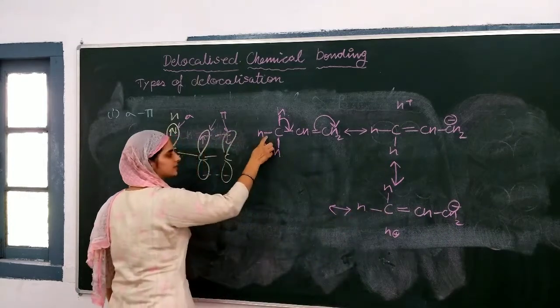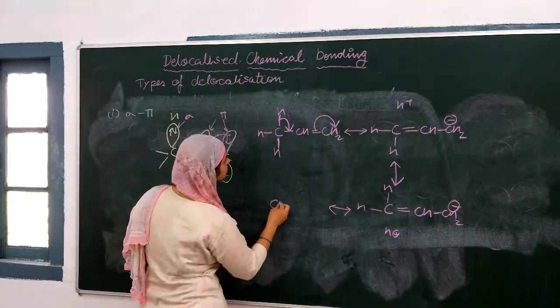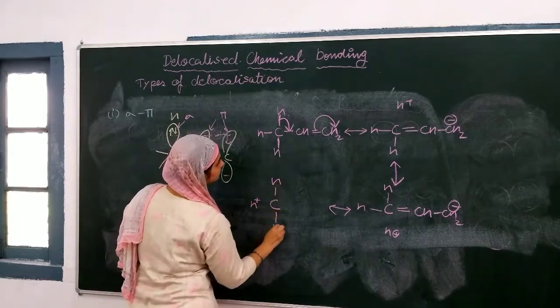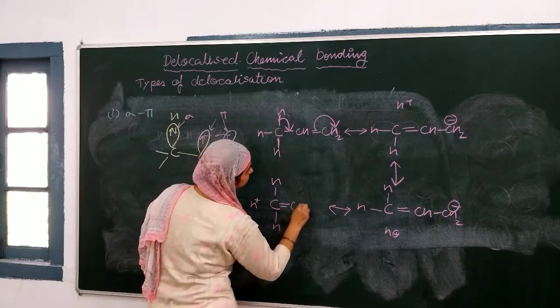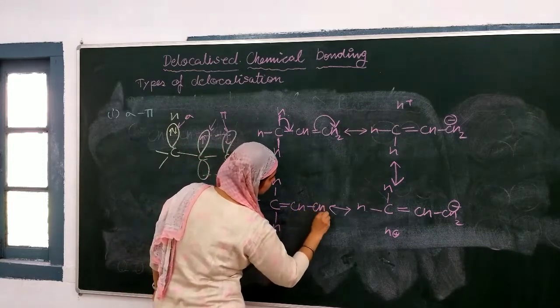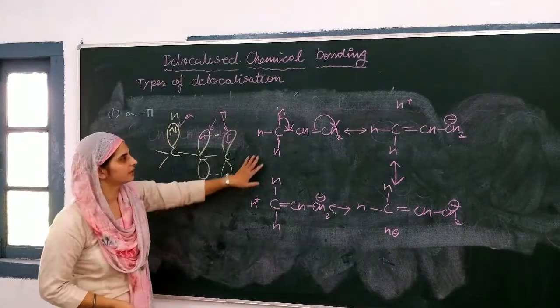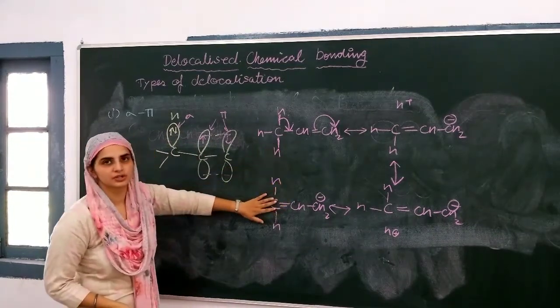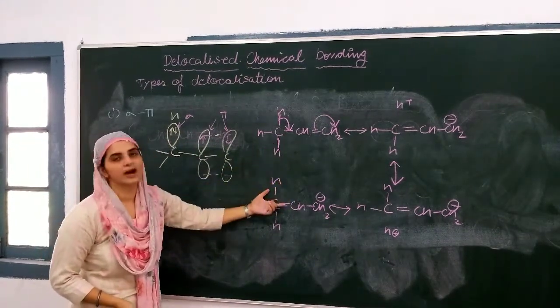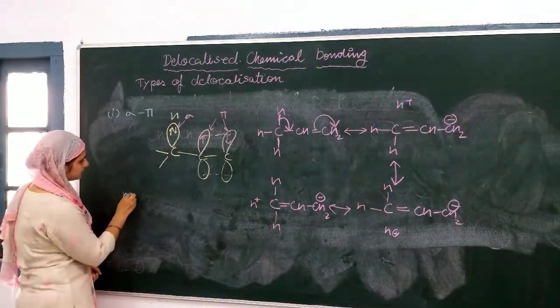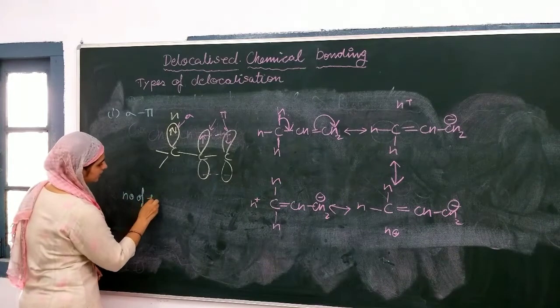Now I will use this as a donor. So as we are seeing that there are 4 resonating structures over 3 alpha hydrogen atoms. So this means that the number of resonating